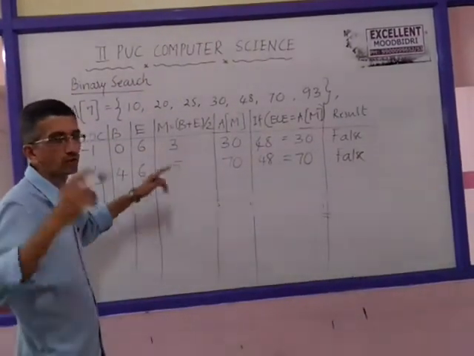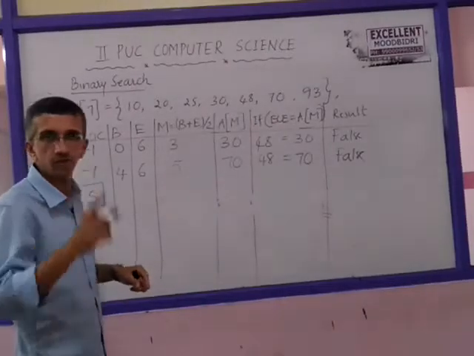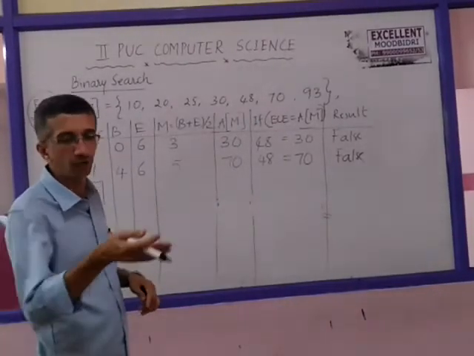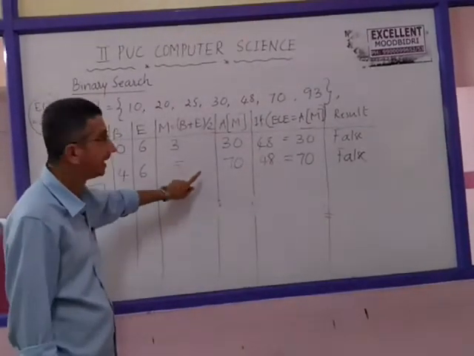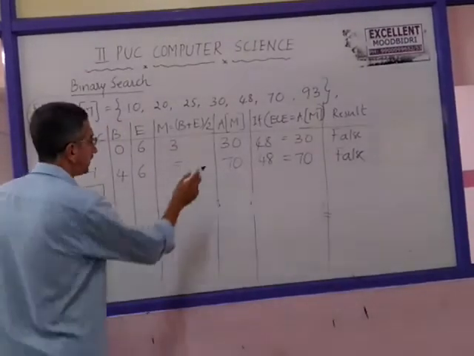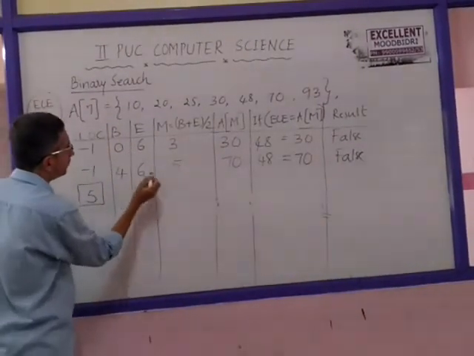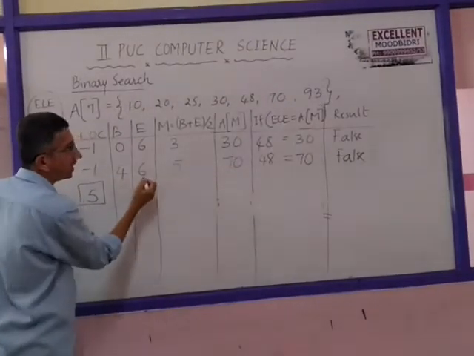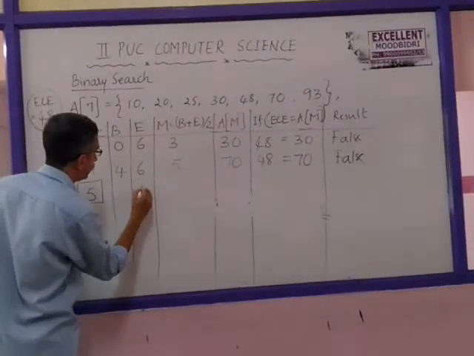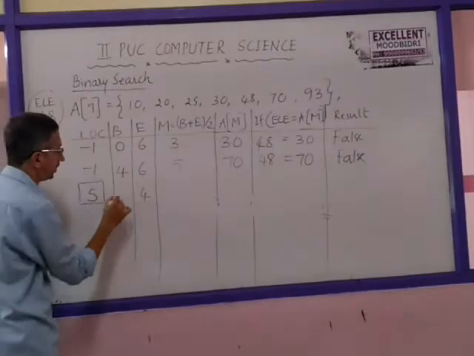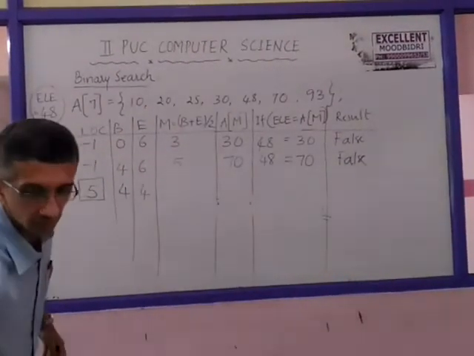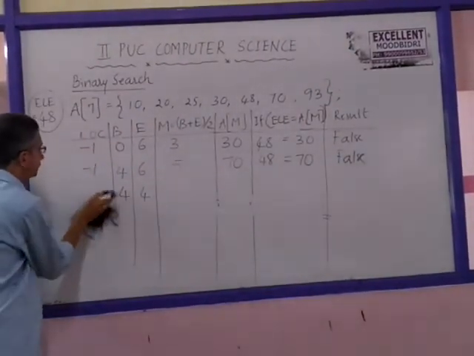The algorithm you must recall properly or you cannot trace it accordingly. So end is equal to mid minus 1 in this case. End changes. Mid minus 1. How much? 5 minus 1, 4. Beginning we have not changed. It remains at 4. Right? Location also we have not changed.